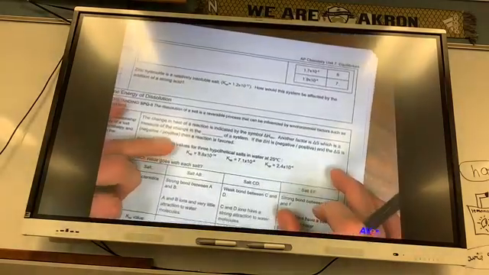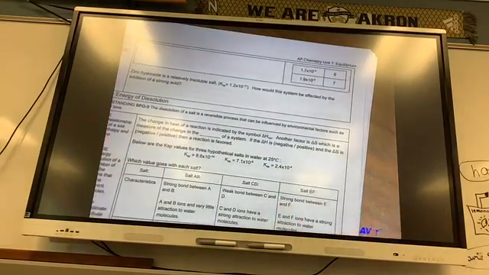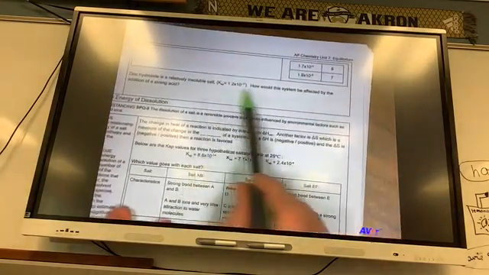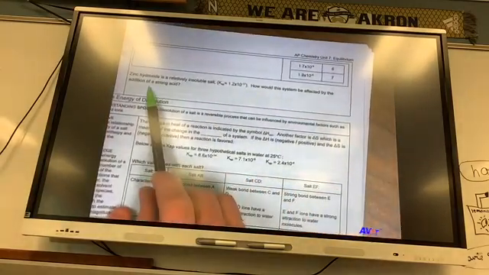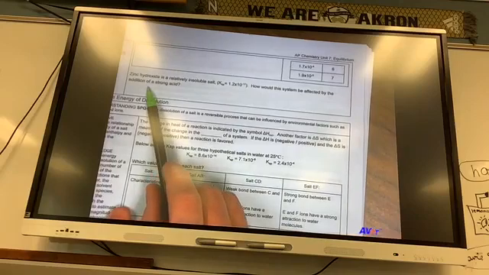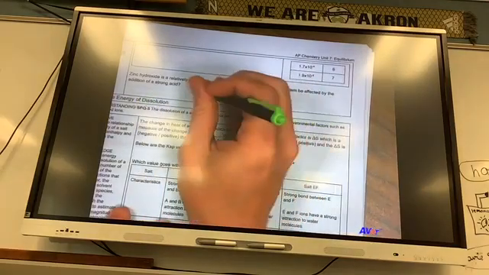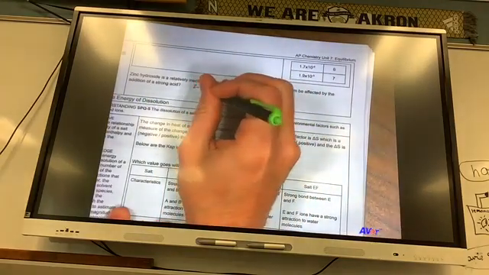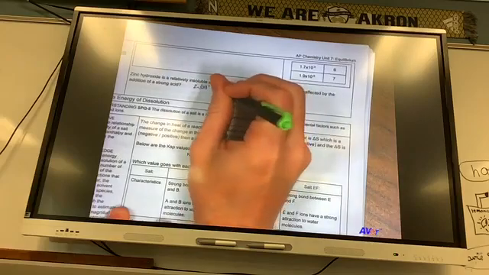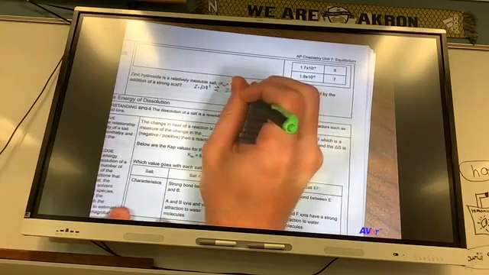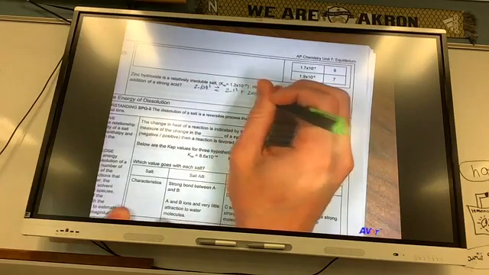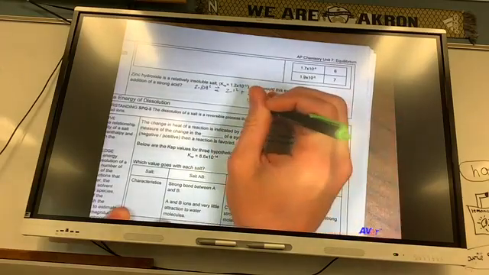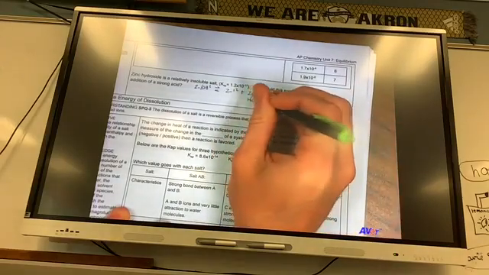Last page. Almost last page. Zinc hydroxide is a relatively insoluble salt. How would the system be affected by the addition of a strong acid? Zinc hydroxide, Zn(OH)2, is going to break up into Zn plus 2 OH minus. If I add HCl, the H is going to react with the OH,